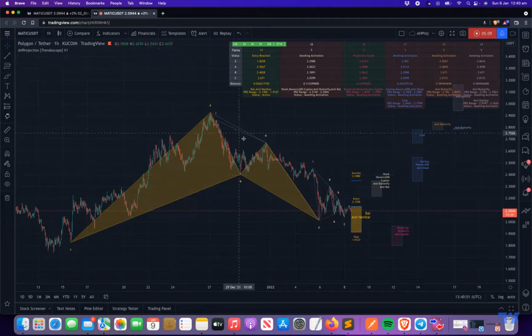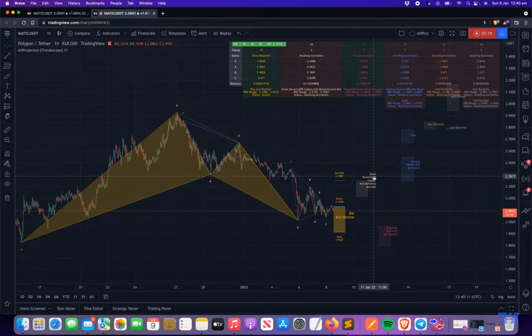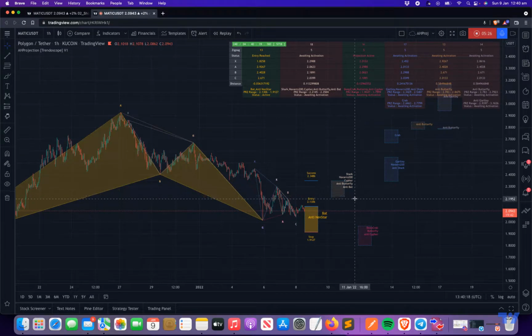A PRZ can also have multiple pattern names. For example, have a look at this one. It has five different pattern names assigned to it. That's because this PRZ is an overlap of all these five patterns. It's not necessary that each pattern will have the same PRZ zones. Let me show it with an example. Here I draw a rectangle, and let's say this is Gartley